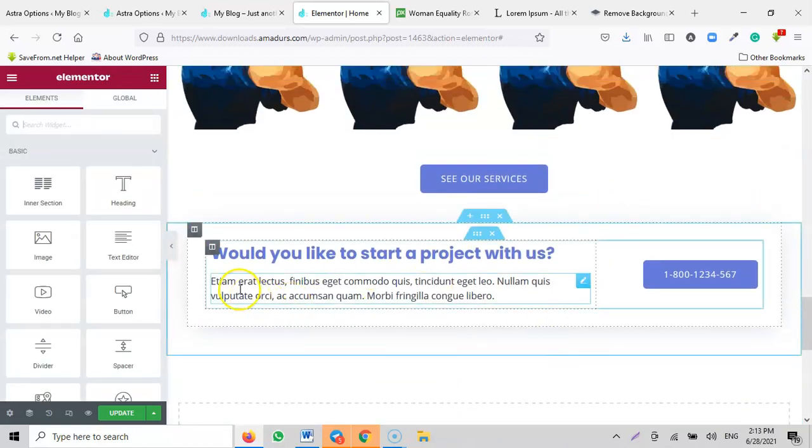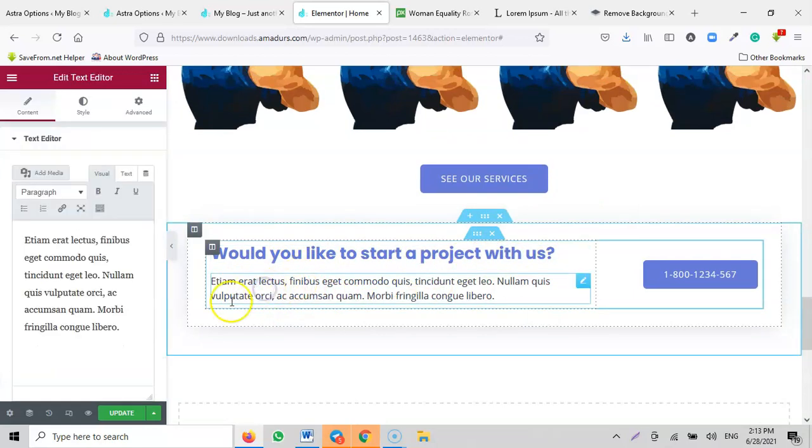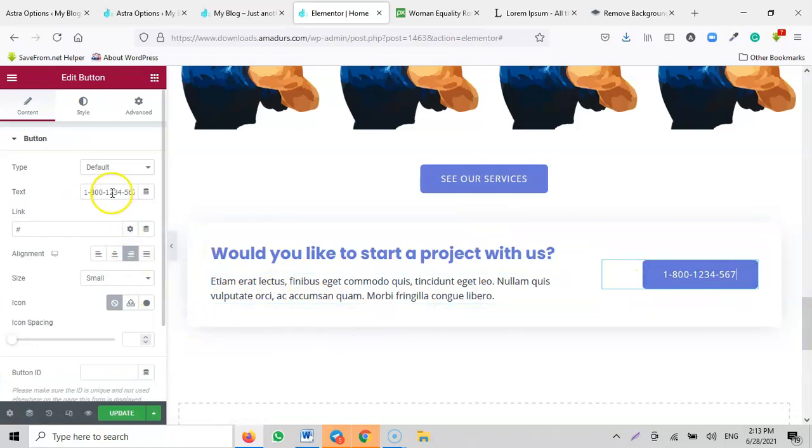But this very one today is very important. Would you like to start a project with us? Yeah, I think in the very next one, then this very story, then the phone number. So the phone number now, you will put your 090